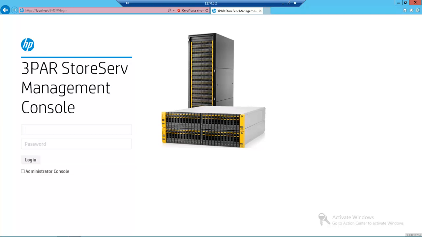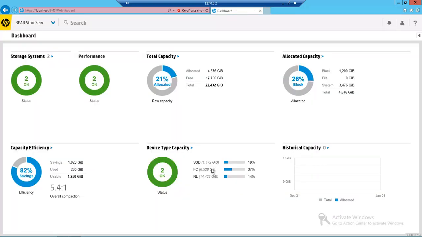What I'm showing here is a browser that we will connect to the SSMC server. This is new compared to the current management console. With SSMC, users can connect from any browser, including Macs or even their favorite smartphone or tablet device. So let's go ahead and dive right in. I'm going to go to my browser and enter my 3PAR credentials. And when I log in, I'll get this nice little dashboard which gives me a lot of high-level information